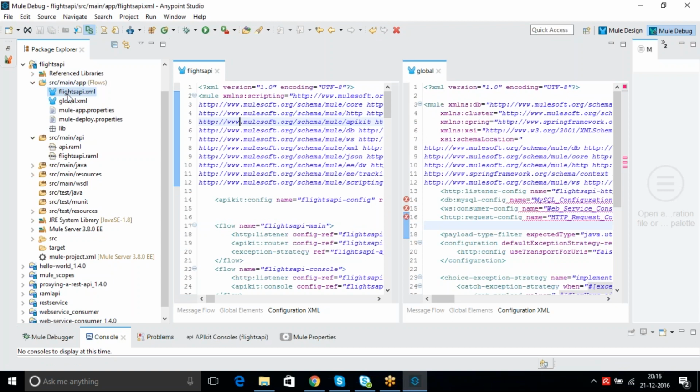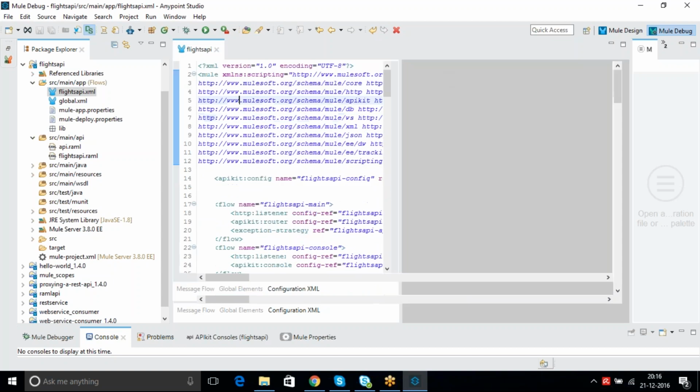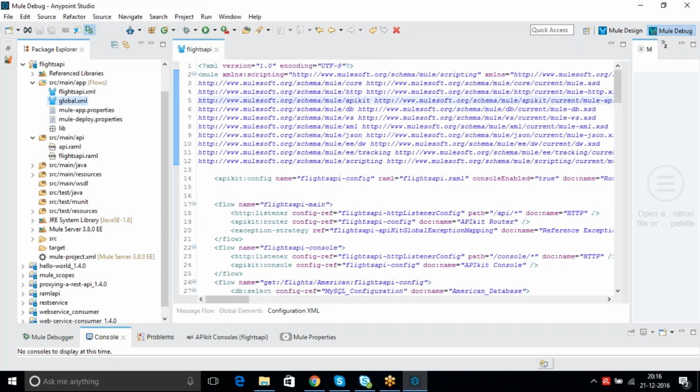So now you can see that there is no error. Here it is showing an error, but you need to just close it and open it, and it will not show that. Basically, why is it showing that? You can see the reason: name must be unique. Because you are keeping both in a single project and you copy-pasted from here to here, it thinks Flights API still has the same connector names. If you just close and open, you can see that there will not be any issue.